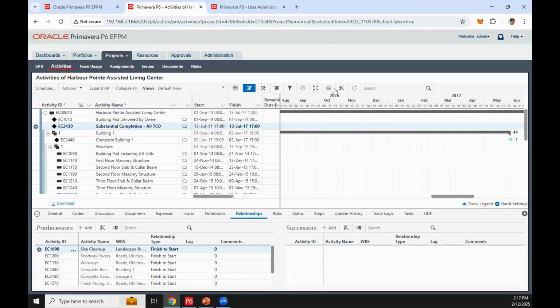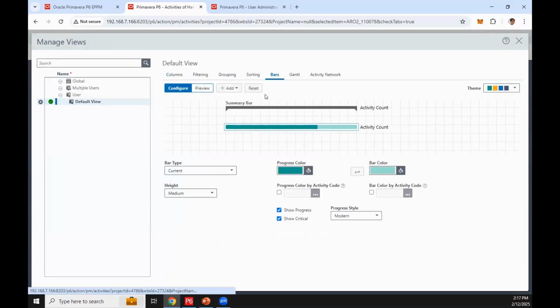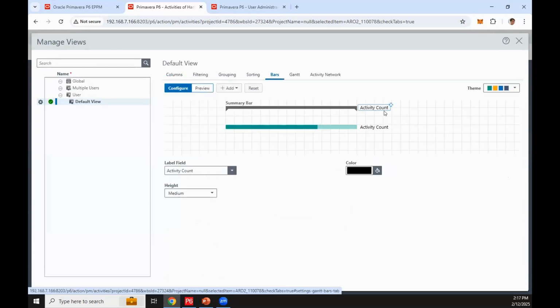So to do that, simply go to the custom view, and from the custom view, go to the bar tab, and from here, select the data field for the summary bar and also for the current summary or the data field of the activity.